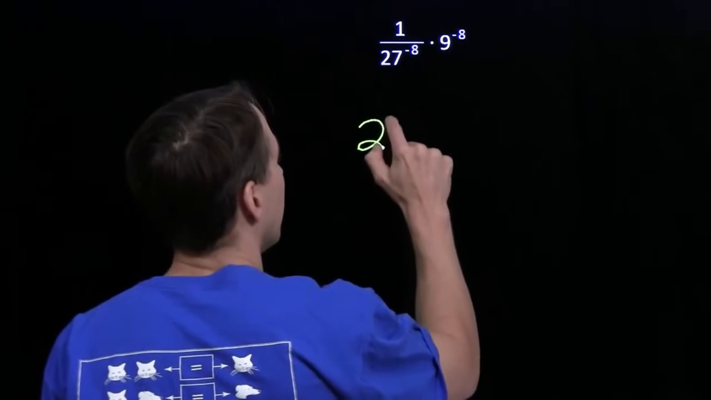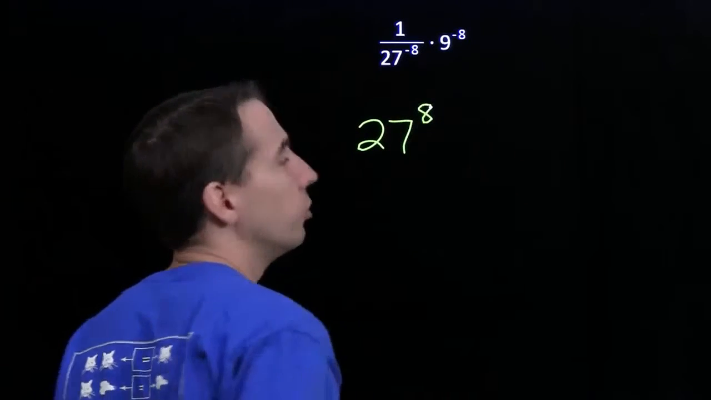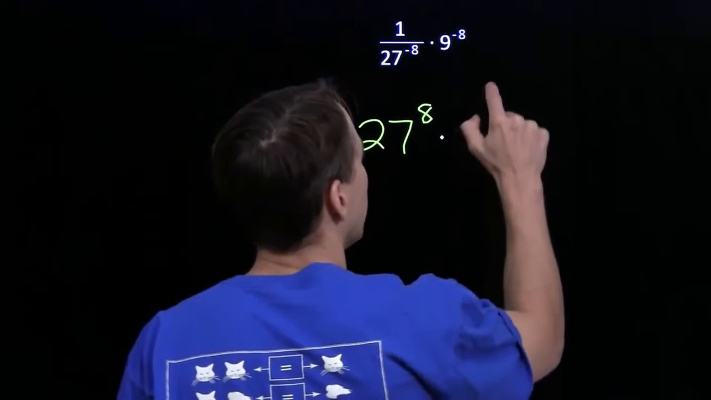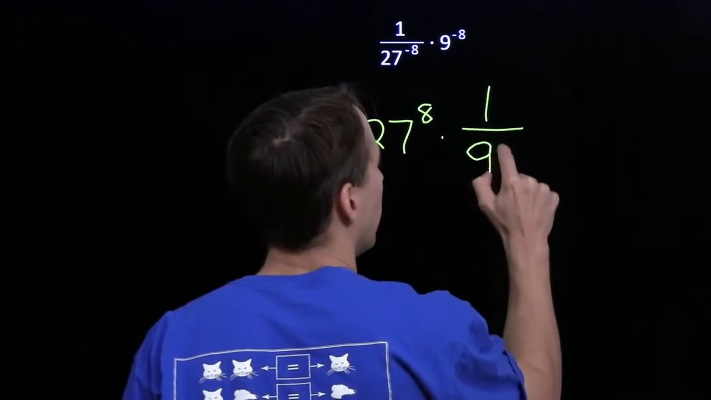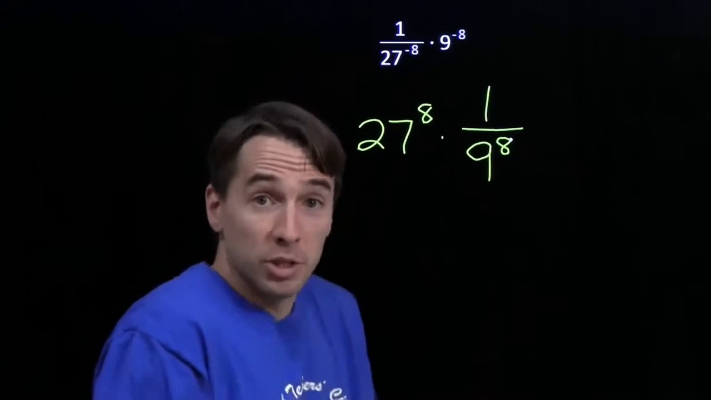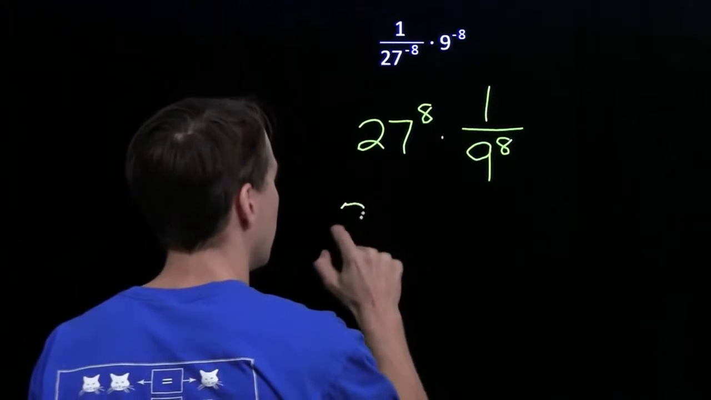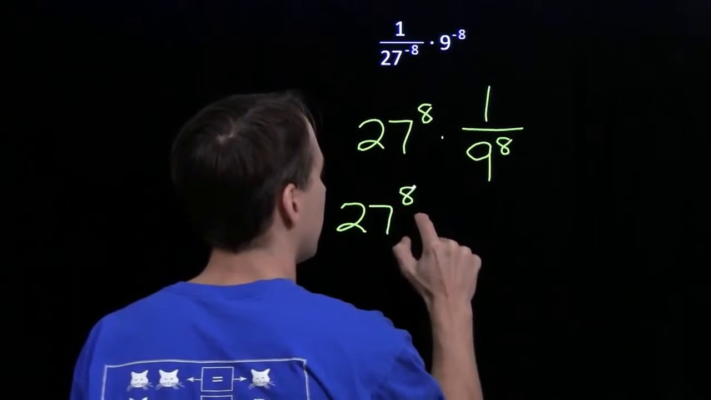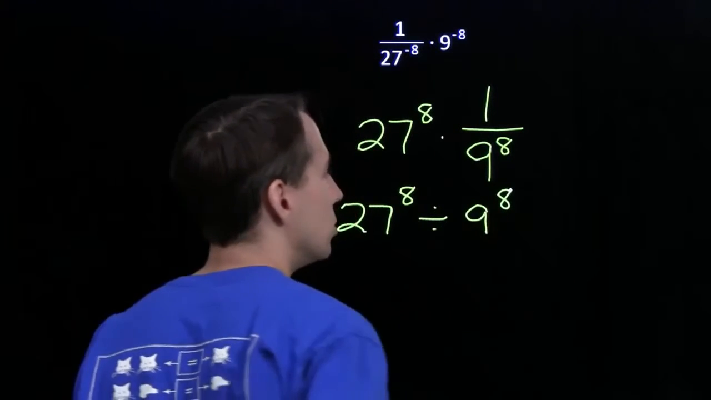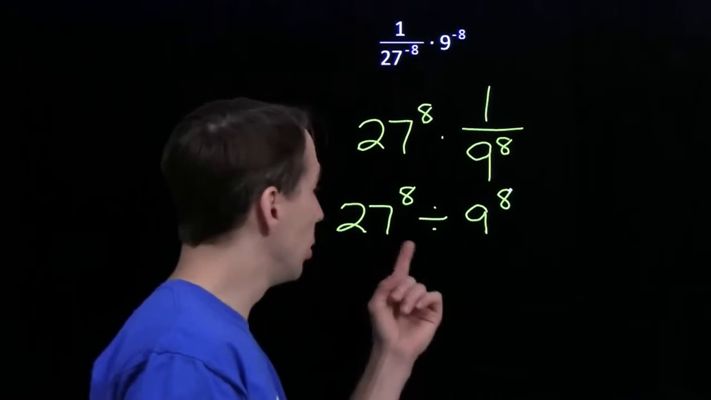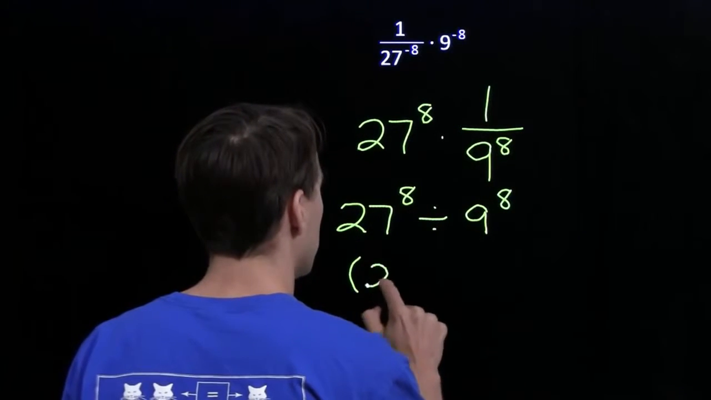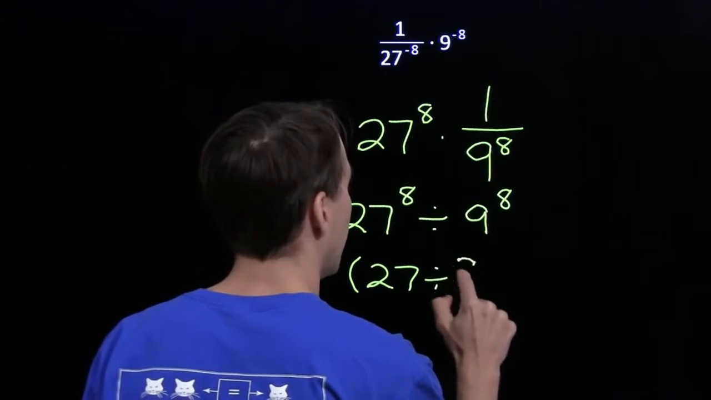We can just write that as 27 to the 8th. And then 9 to the minus 8, well, we know how to deal with negative powers. That's just 1 over 9 to the 8th. And now, we're multiplying by reciprocal. That means division. So this is just 27 to the 8th divided by 9 to the 8th. And now we have a quotient of powers with the same exponent. We have a rule for that. This just equals 27 divided by 9